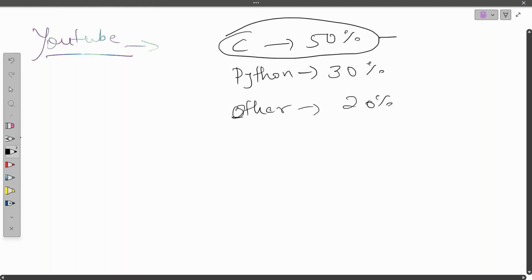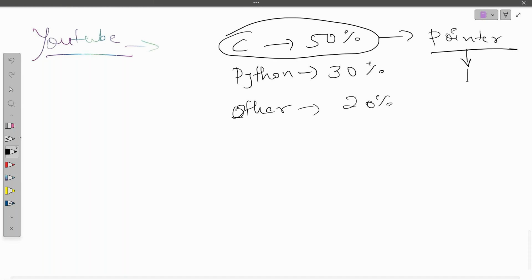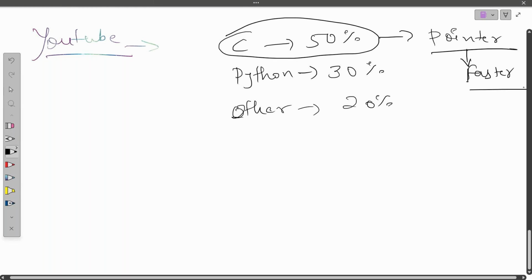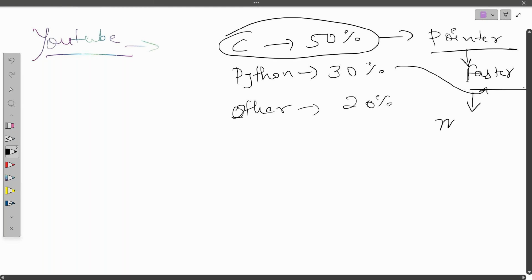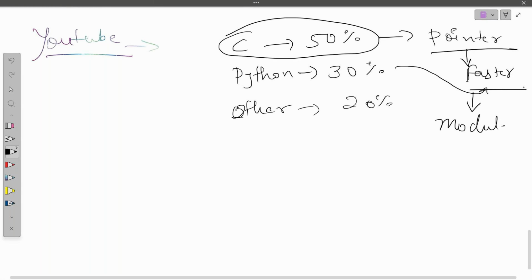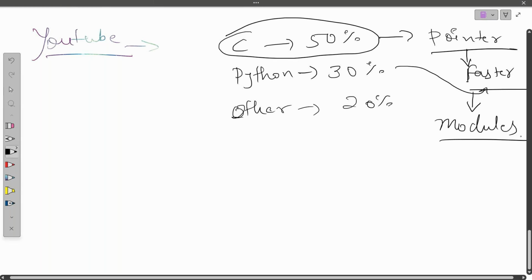Why? Because in C programming there is a concept of pointer which makes our programming execution a bit faster. Whereas Python has so many different features and modules, which make Python one of the efficient programming languages.